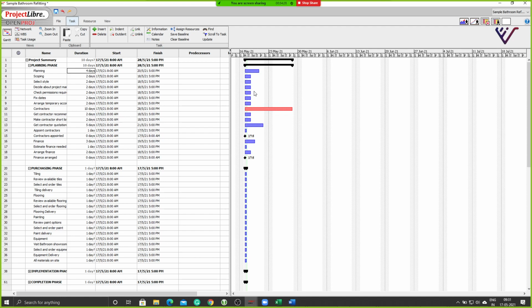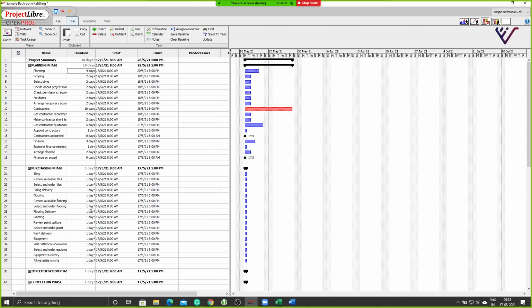We will get into that in some time. But you notice that this has a question mark in its days. Project summary has a question mark in its days, whereas these days which I just added don't have a question mark. The same is true of the days here, which I have not added. So when you see a question mark, you need to understand that the program is not confirmed on the number of days. It is only an estimate that it has put there.